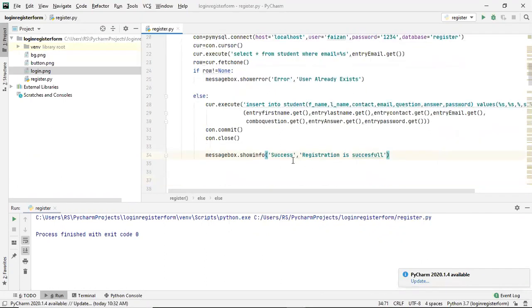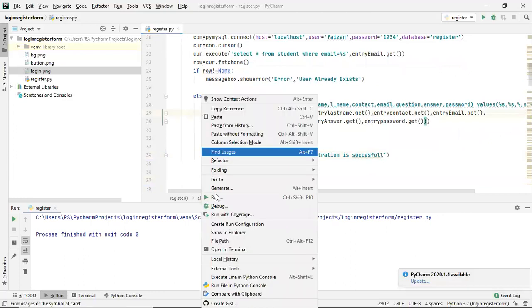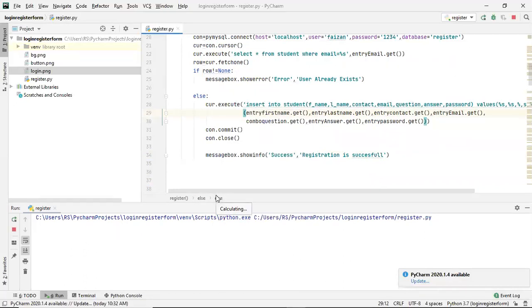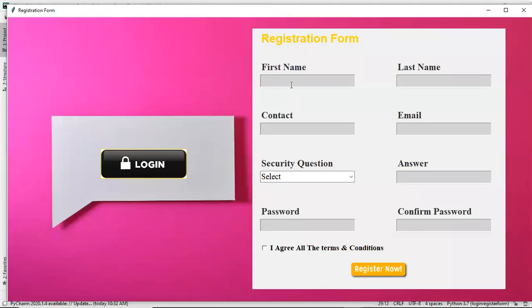Okay, so let's just run this now and see if we are getting any kind of errors or not. So I'm running this one. Let's enter a name here. There is nothing inside that particular table right now. So we are entering the first thing. Let me write a name. I don't know the surname, maybe digital. Then we have the contact number, and make sure only 10 digits are there because we have given the size as 10 characters.